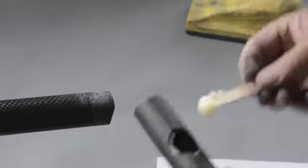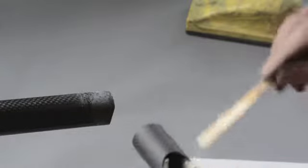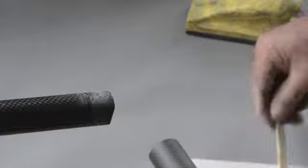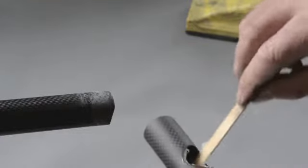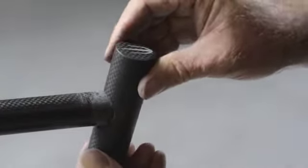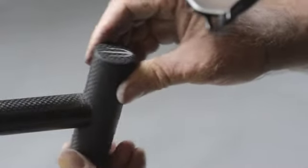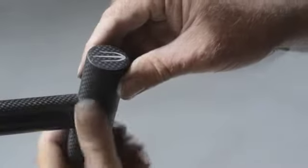Make sure you do both sides and that there's enough resin on the side to stick in so it touches the shaft when the shaft goes in. Align it fairly carefully and just slide it on in one motion. You don't need to rotate it. Right. So we give it a little twist just to make sure it's in the right spot, then we line it up. This is usually done